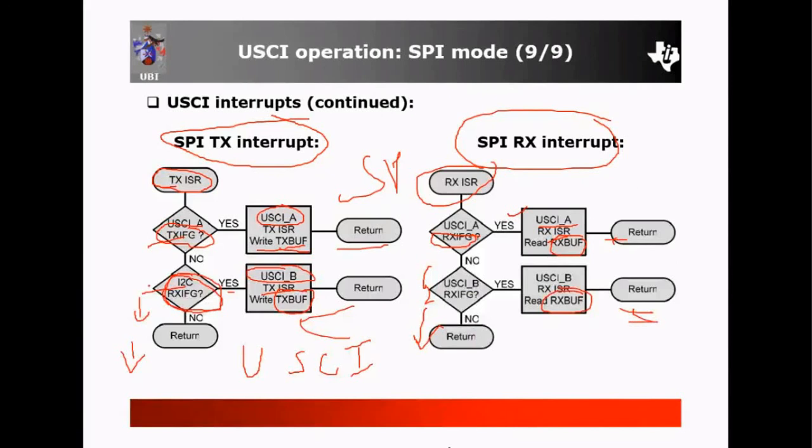So in this way, at the transmitter end, in place of I2C you can write the USCI B module. One block is used for USCI A and another block is used for USCI B, for both the transmitter as well as the receiver.